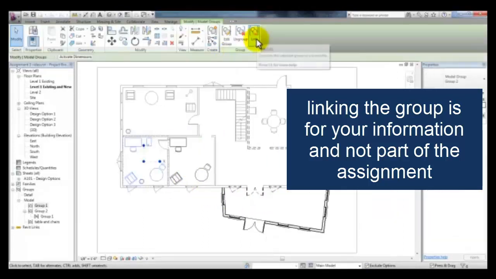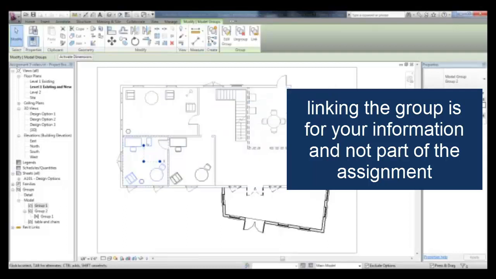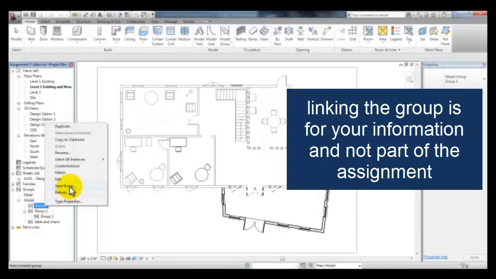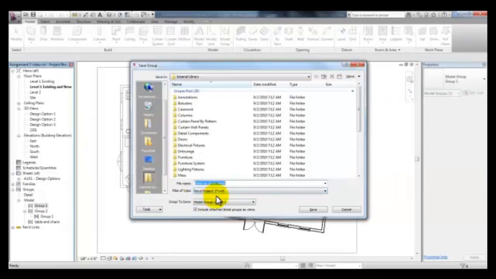The other option for linking groups is to replace it with an existing project file. It removes the group and replaces it with a link to another project file that already exists. I'll go ahead and cancel out of this dialog box. If you just want to save a group as a Revit file without the link, you can highlight it in the project browser, right-click, and pick Save Group. Notice here that you're saving it as a Revit project